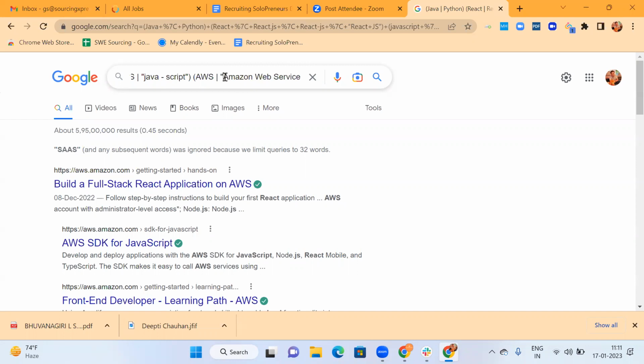Whatever keywords have been ignored by Google are those with the least number of results compared to the keywords Google is showing us. So let's say SaaS, software as a service, might have the least number of results, and that's the reason it has been excluded. Okay, so this is our search.